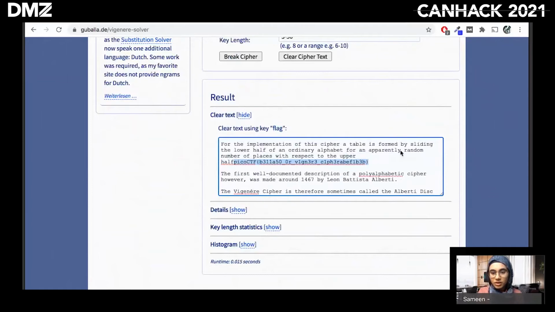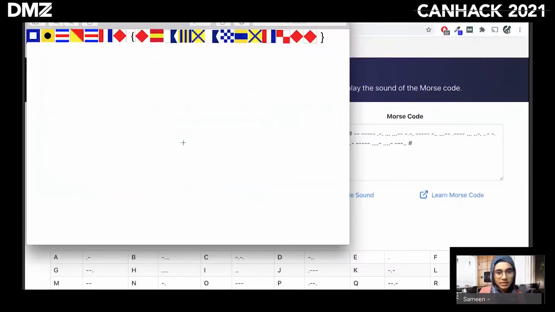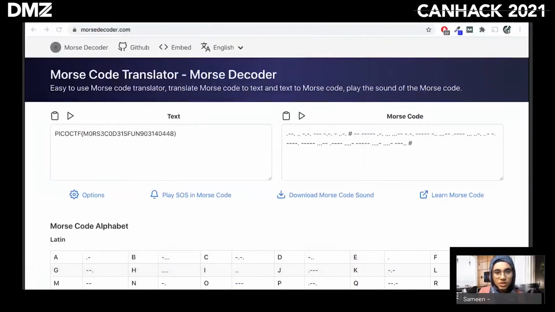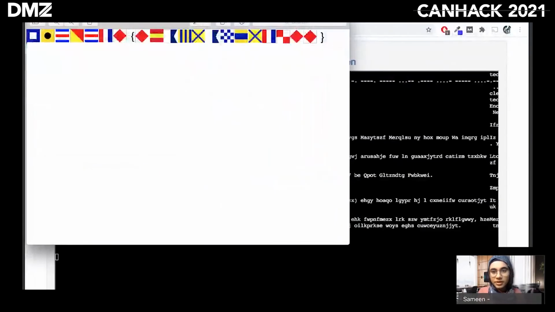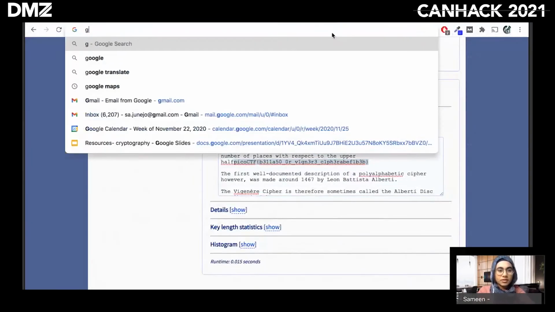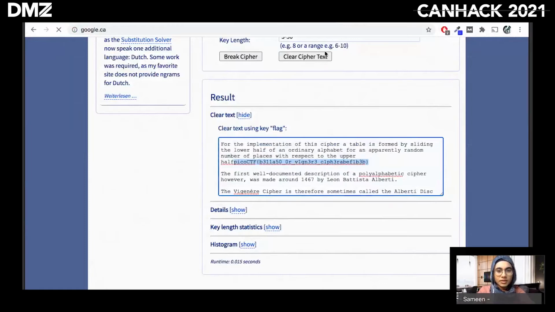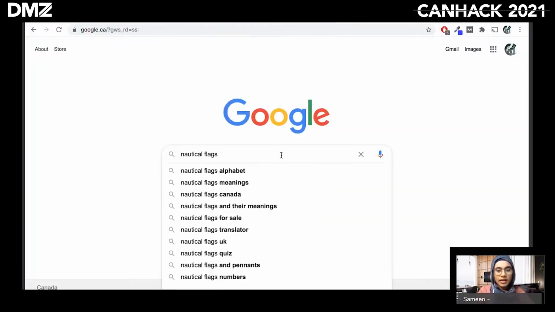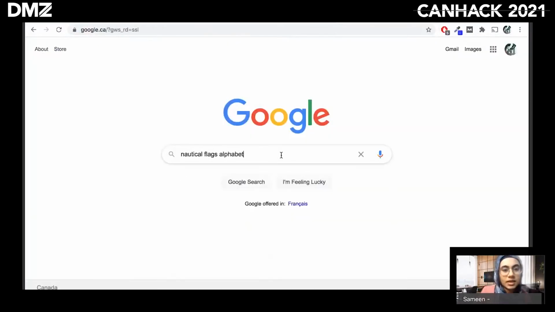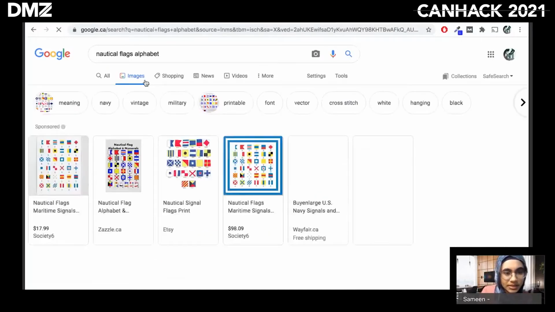Okay, so somebody wants me to solve flags, so let's solve flags. So this is flags. I can't type in on this, but that's okay. Let's just use our shell to type. So let's go back to here and let's look up google.ca. It's easier to go to Google: nautical flags alphabet, and let's look at images